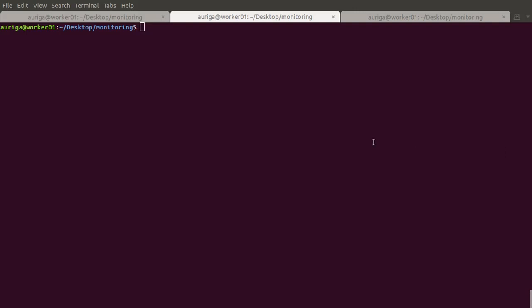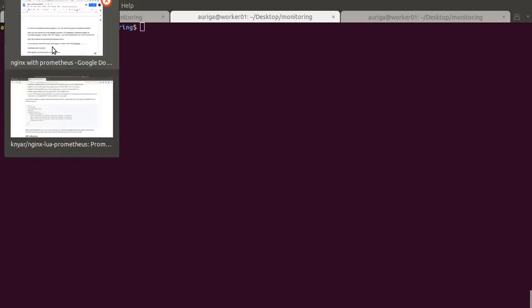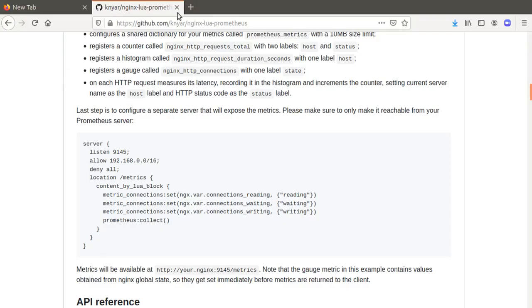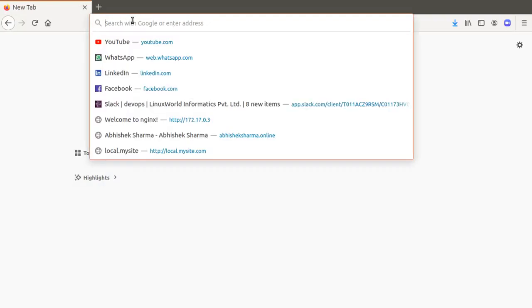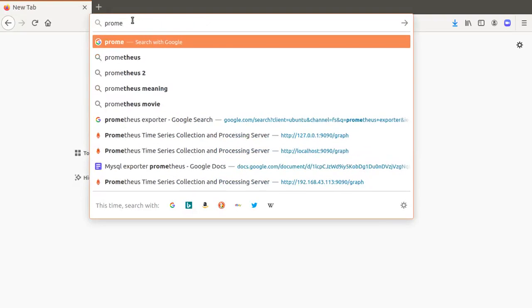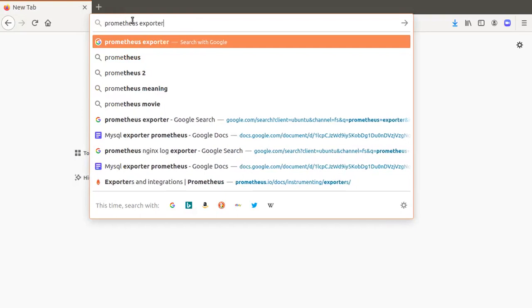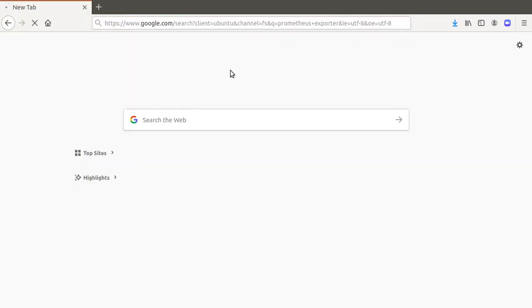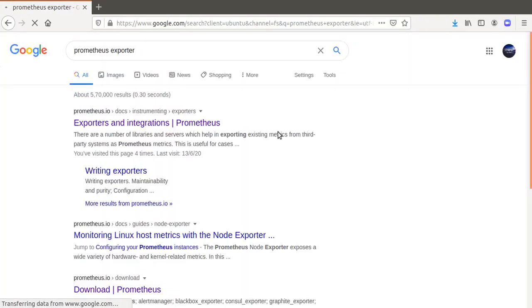Check the available exporter programs. You can search the keyword Prometheus exporter. Here you can see the list of all available exporters.